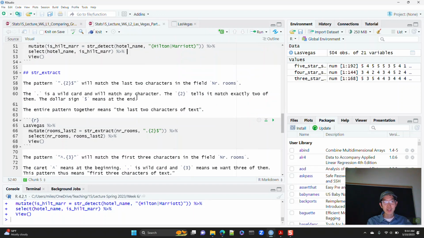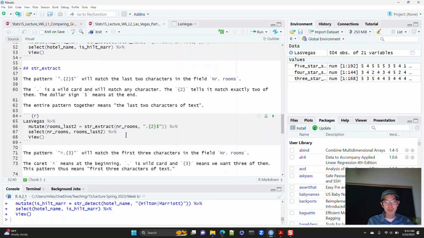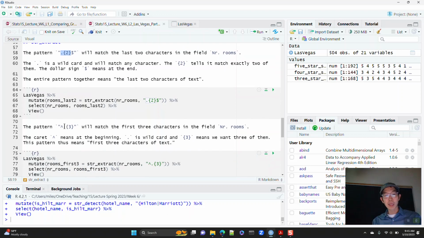We probably wouldn't want to do it for number of rooms, but you have certain patterns that can say, I want the last two characters, or I want the first three characters. And so the pattern dot curly brace 2 dollar sign will extract out the last two characters. And then the pattern caret dot curly brace 3 will extract out the first three characters.